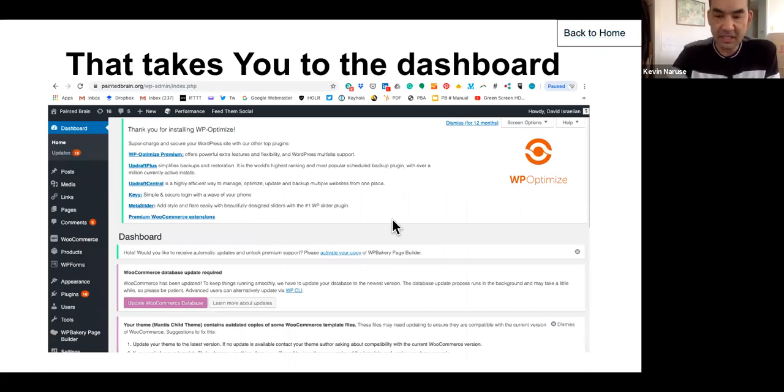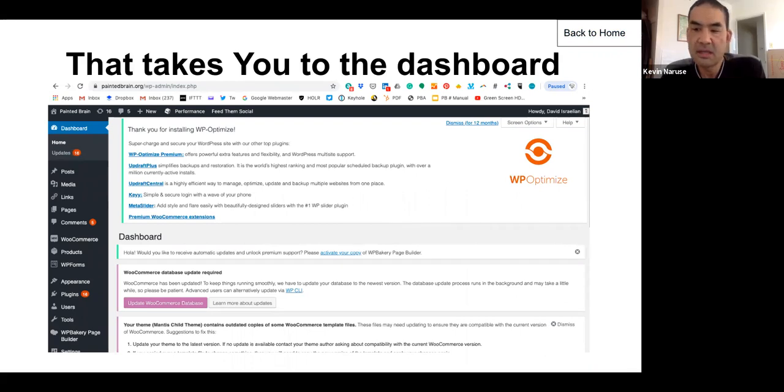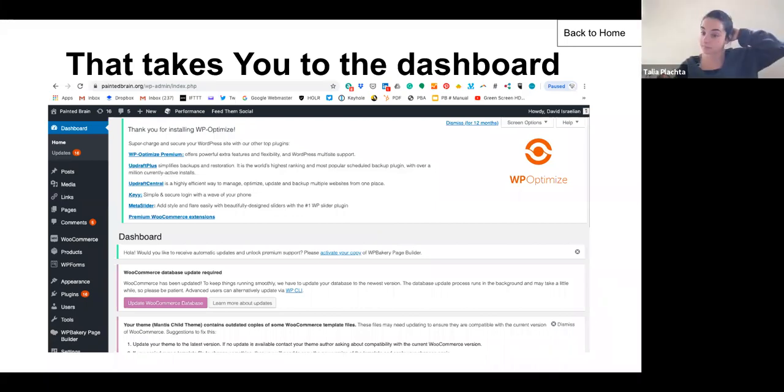So when you log in, it is going to take you to a dashboard that looks something like this. Now, has anyone ever used Tumblr before, or Squarespace? It's pretty much the same thing, except the difference is, unlike Squarespace and Tumblr, WordPress offers unlimited features.